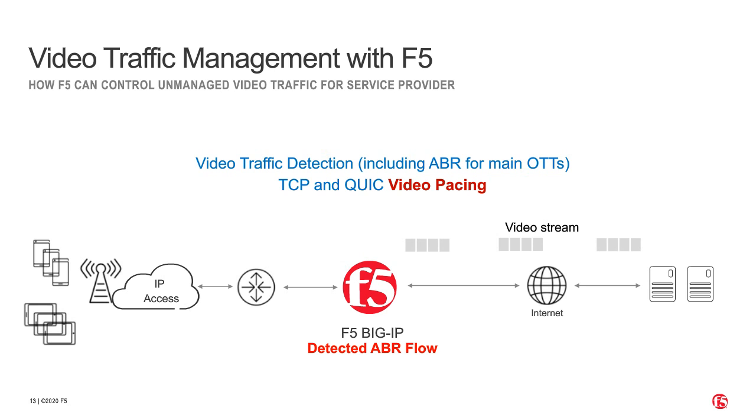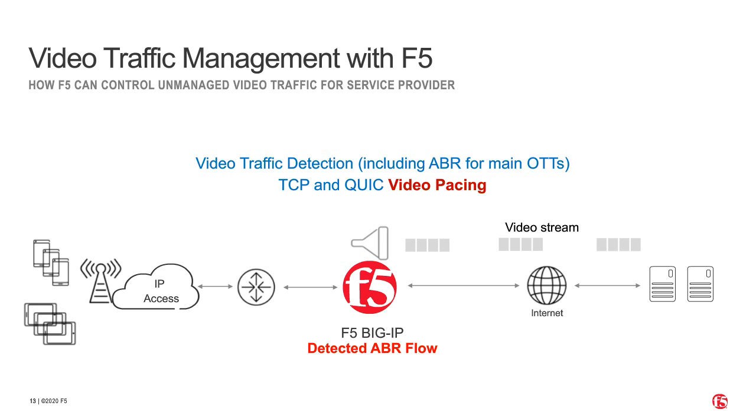And by the way, even the content providers themselves sometimes can change over time the way they deliver the video. They start using bursts, but then they can use pacing, or in some areas they can just send based on bursts, but then they can pace the video itself in some specific situation. The point is that even if the F5 technology receives the bursts, once the ABR flow is detected, so once the solution is able to detect the flow, a rate pacing solution,